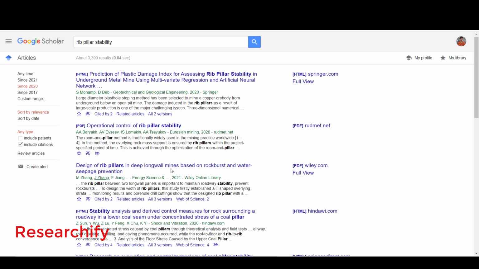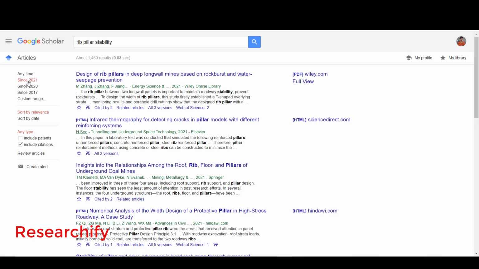Here is one more important thing you need to notice: when you are trying to download any article, before doing this, have a look at the journal. See here, I just want papers published in 2021. Here there is one paper, and you can see the journal name. That will give you an idea of where this paper is published.